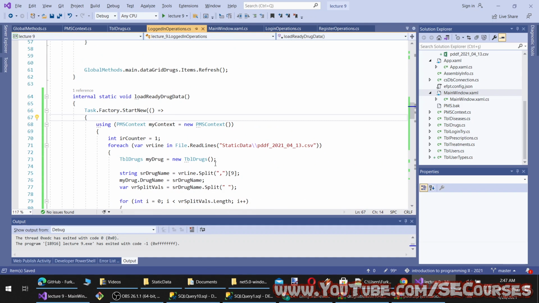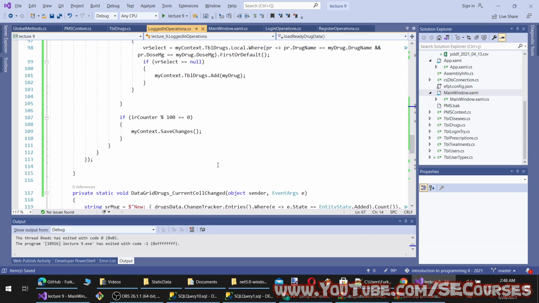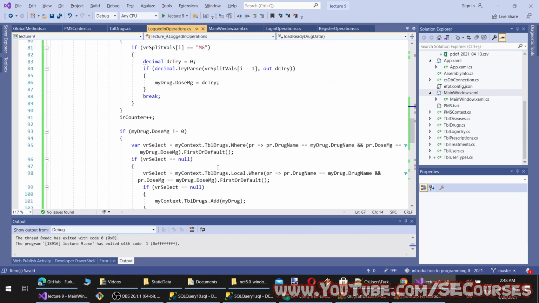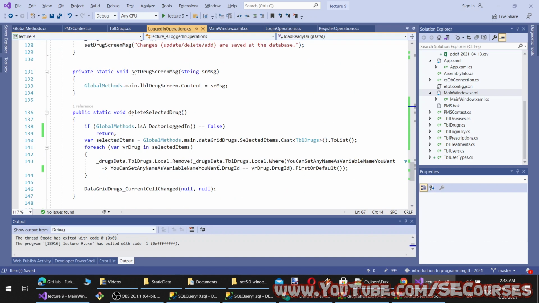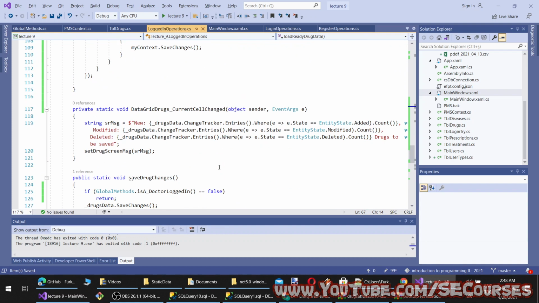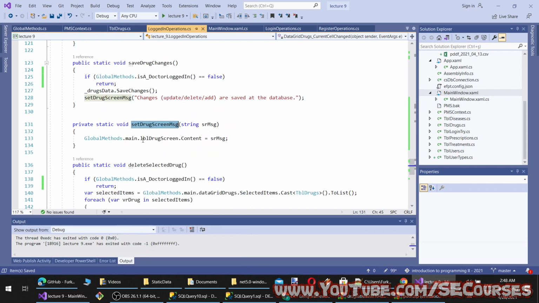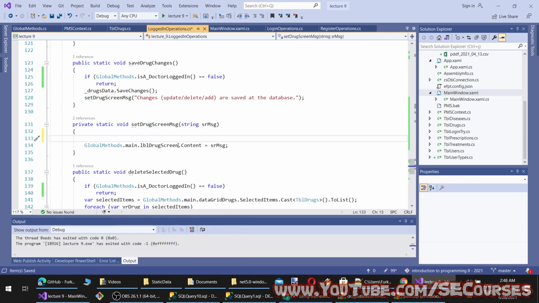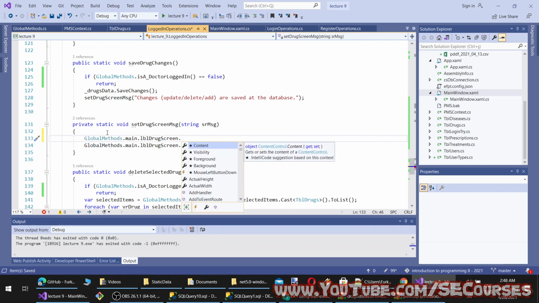And now to be able to update our label, we also need to change how this works, like this.